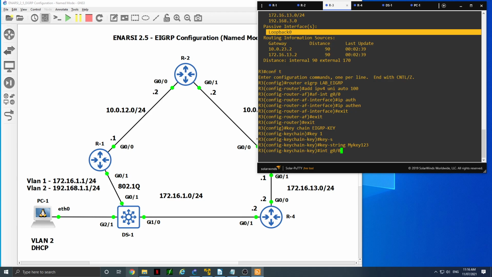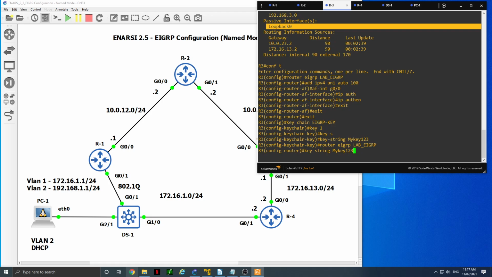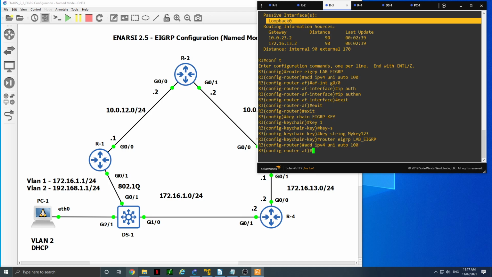But under named, you go to that lovely router command. So if I just up arrow to that, do the auto, and then AF interface G00,